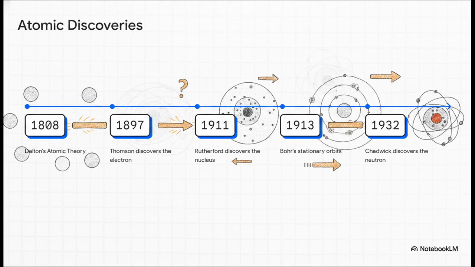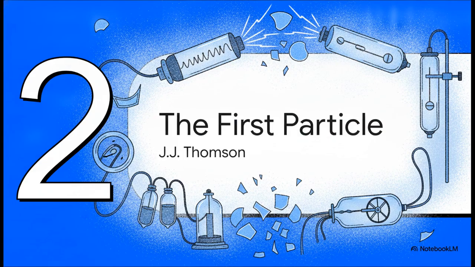But then, as time went on, every subsequent scientist basically found a flaw in their predecessor's model. From Thomson to Rutherford over to Bohr, and finally to Chadwick. Each of these brilliant minds mentored the next or used the previous guy's data to crack the very next piece of the atomic mystery.